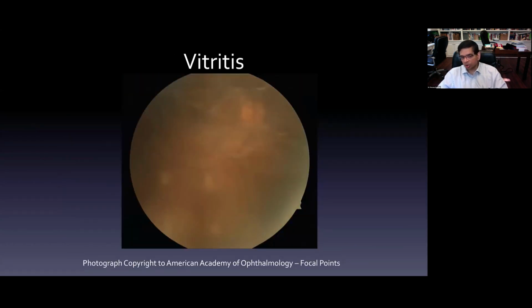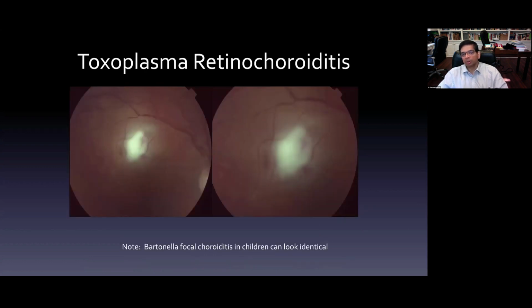Vitritis. This is a clinical appearance of dense vitreous haze in a patient that has posterior segment inflammation. Here is a typical appearance of toxoplasma retinochoroiditis. So this is a patient who has a focal area of choroiditis. This is an 11-year-old boy that presented to us. You can see there are some retinal hemorrhages, but if you look very closely, this is a very characteristic finding